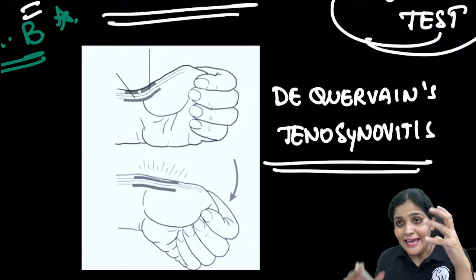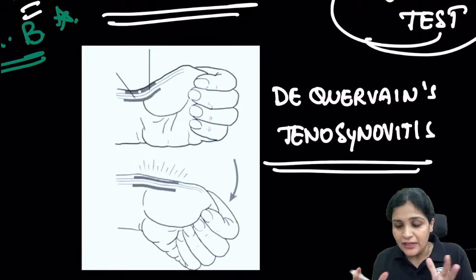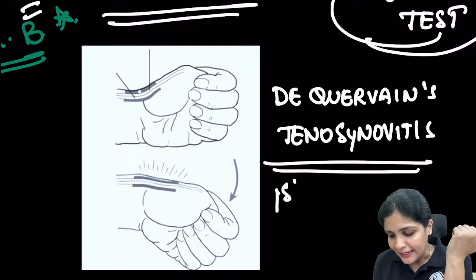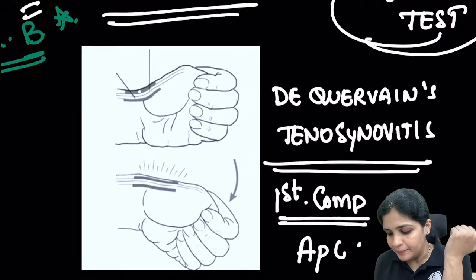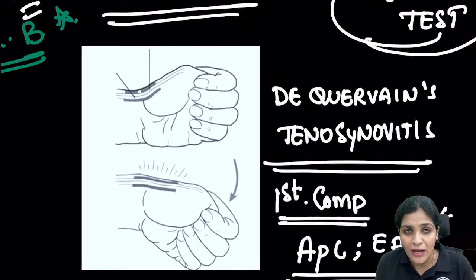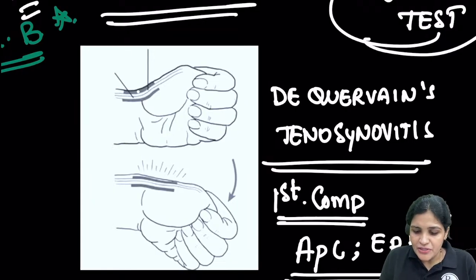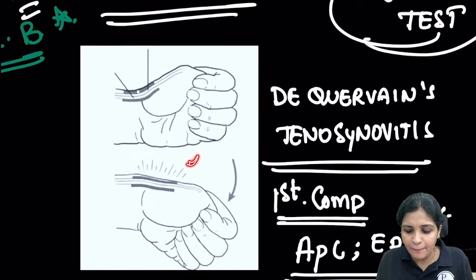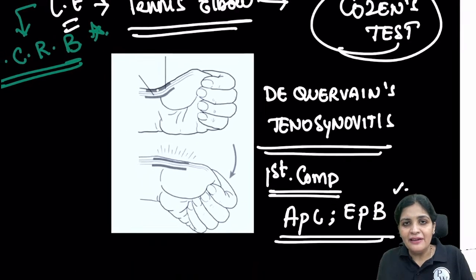If you remember the extensors of the hand, they are placed in 6 compartments. In that, we are worried about the first compartment muscles. Those are APL, EPB: abductor pollicis longus, extensor pollicis brevis. You have to remember. Very good. So now you see there are 2 tendons, and the patient is forming a fist and trying to flex and extend against the resistance. Whenever he's doing that, he's having pain. So this tells you about the De Quervain's